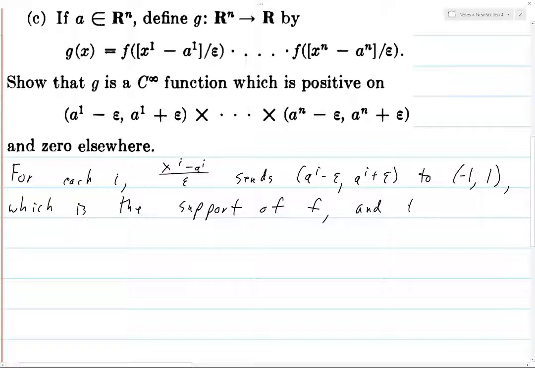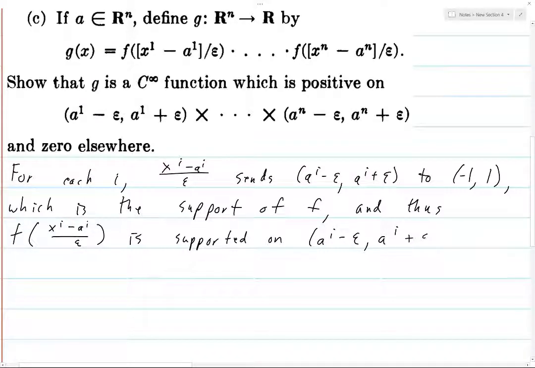what does this tell us? This tells us that the function f of xi minus ai over epsilon is supported on the desired interval (ai minus epsilon, ai plus epsilon). Okay? Thus, g is supported